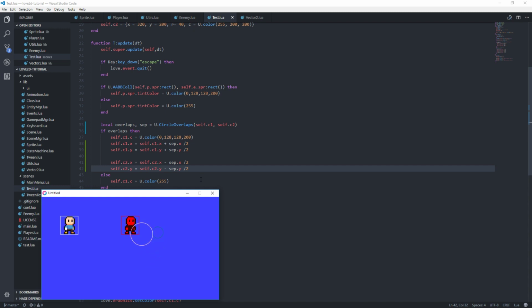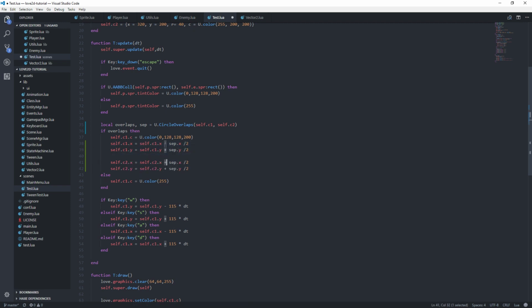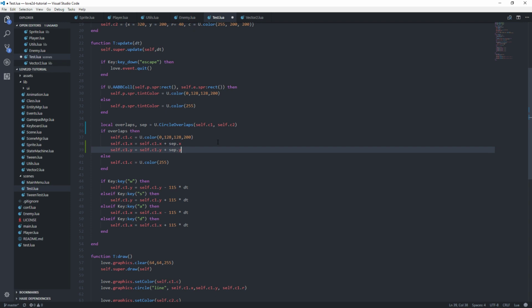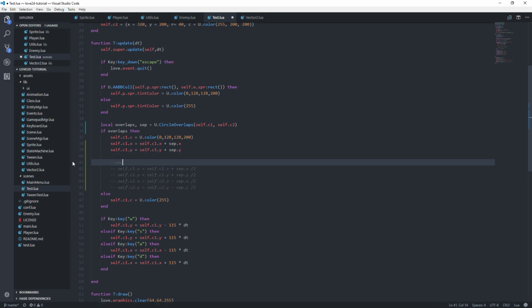But like I said, really what you would want to do is base it on the mass of each circle if you were going to be physically accurate. But in any case, that actually works. I'm going to leave that in, and we'll comment it out. That's what I'll do. But also we'll put this here, and I'll add this. So I'll comment it, and then I'll say, you could do this,